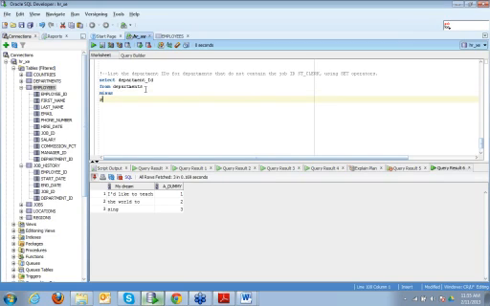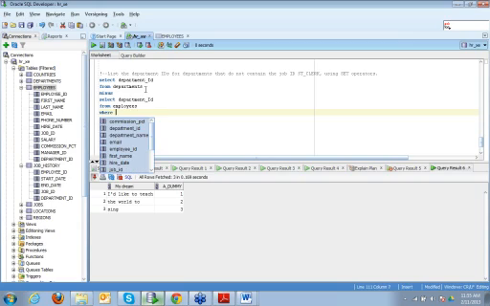minus select department ID from employees where job ID is equal to ST clerk.